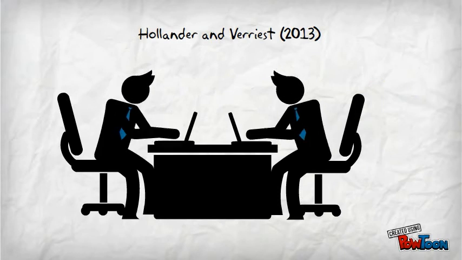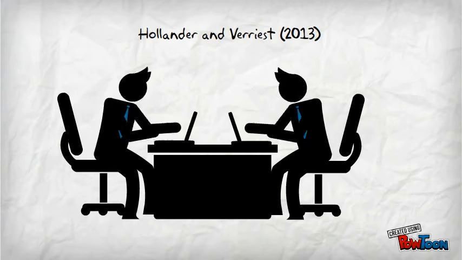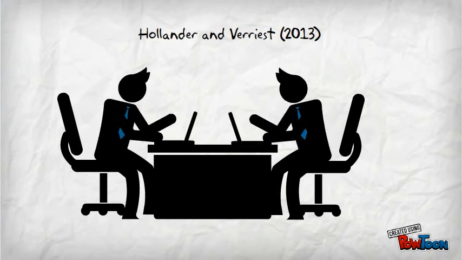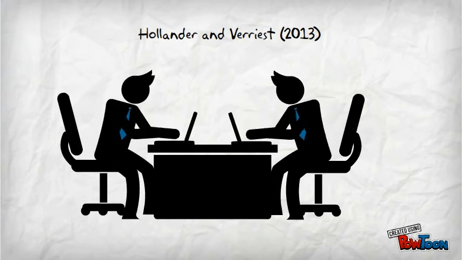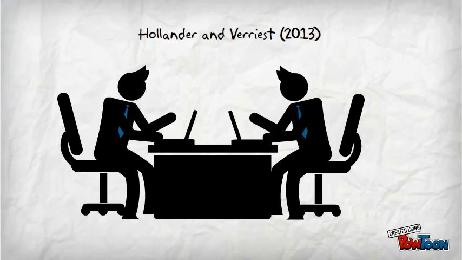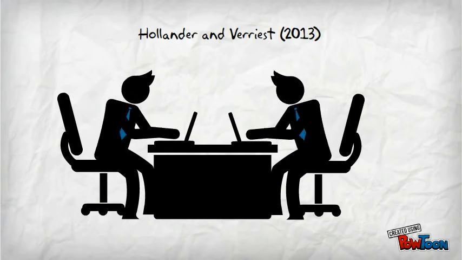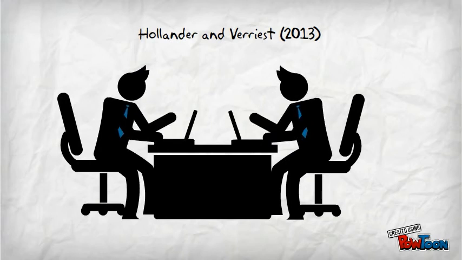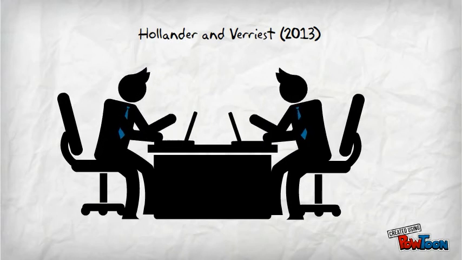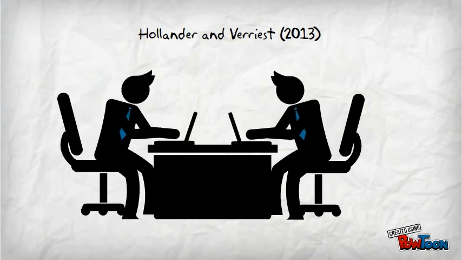Hollander and Verriest conducted a study on this topic in the context of debt contracting. The problem of information asymmetry, caused by geographical distance between the borrower and the lender, is also present in the debt contracting market. Lenders often lend their money to borrowers far away. The monitoring cost for getting the same information increases with the distance. They conducted their research in the syndicated loan market.